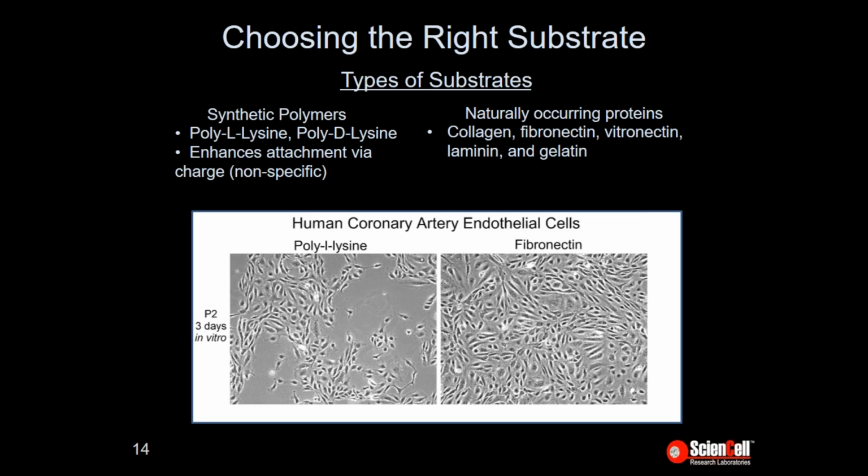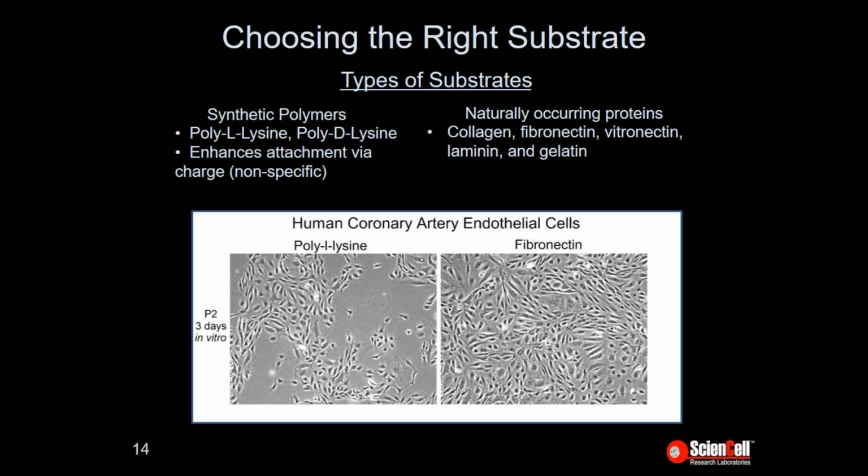As you can see from the figure, we seeded human coronary artery endothelial cells onto poly-L-lysine and fibronectin. The cells grow and perform better on the fibronectin compared to the poly-L-lysine. As a result, we recommend growing endothelial cells on fibronectin, as the cells do prefer it. Although in this particular case fibronectin is better, poly-L-lysine often works great depending on the cell type. It is important to remember that the growth substrate should be evaluated for each cell type. Just as an aside, if you buy primary cells from ScienCell, we have already evaluated the cells and make our